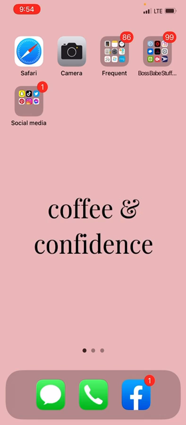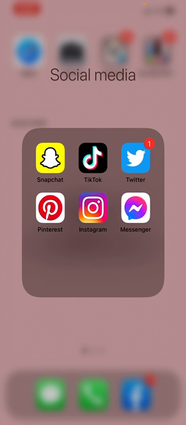I want to do a quick training on how to create content and repurpose that content across multiple platforms. What I mean by that is if you have all these different platforms, Snapchat, Twitter, Instagram, Facebook,